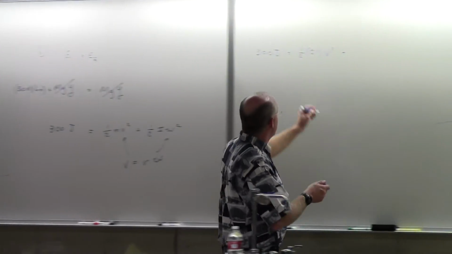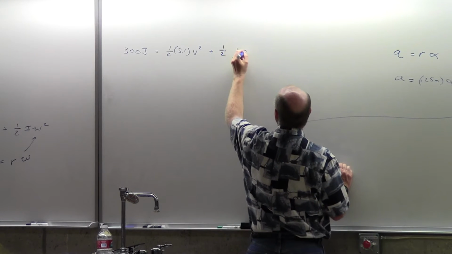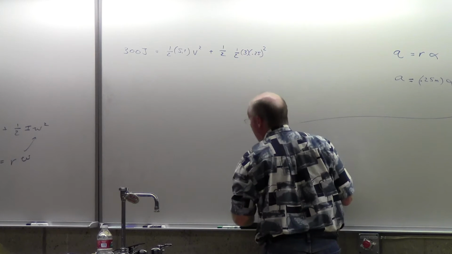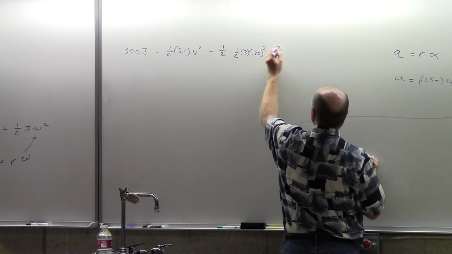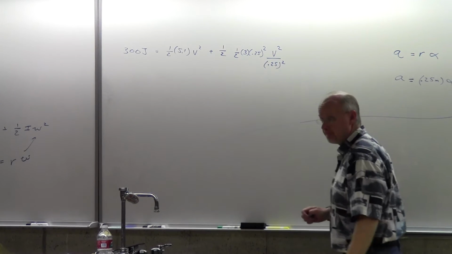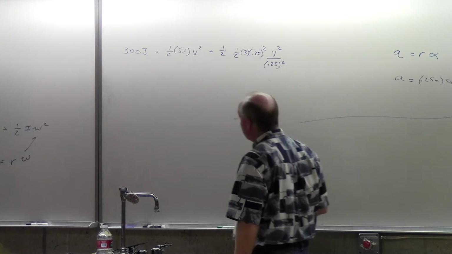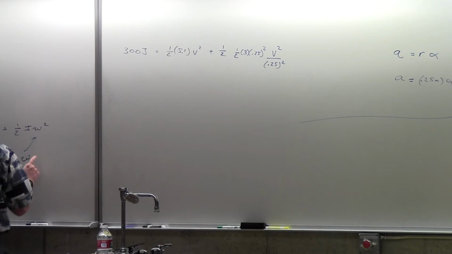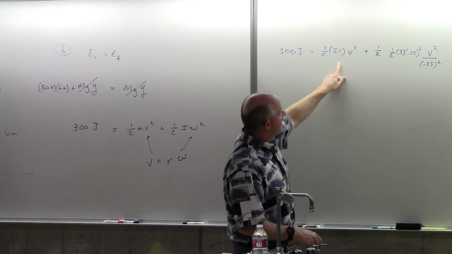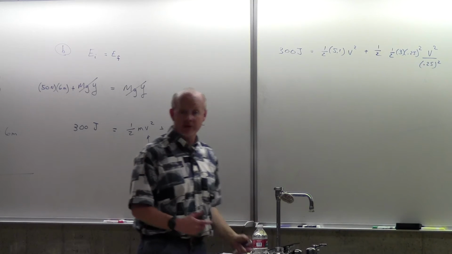And then the 1/2, and then the I is 1/2 times 3 times 0.25 squared, and then the omega is v over r. Right? And so there's how I would substitute in my numbers. In place of the omega, I put the v over r. What's nice about that is I put in everything I know, and the only thing I don't know is v, so I should be able to now solve the math